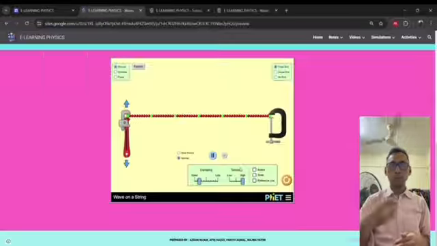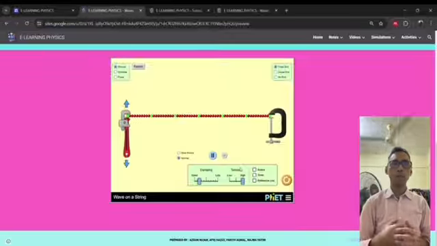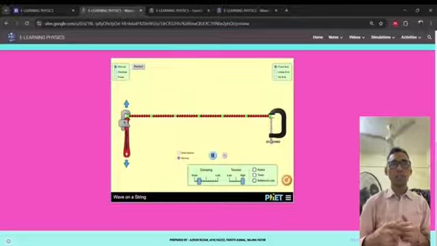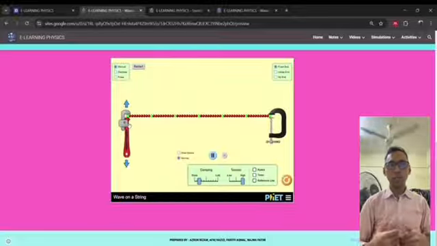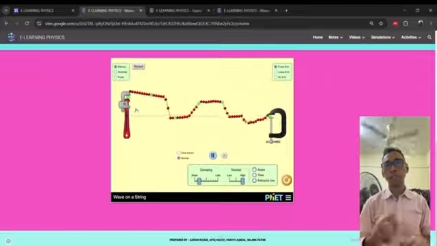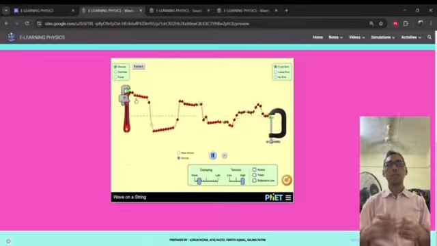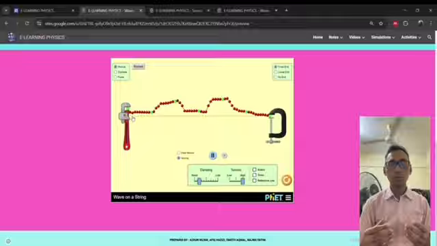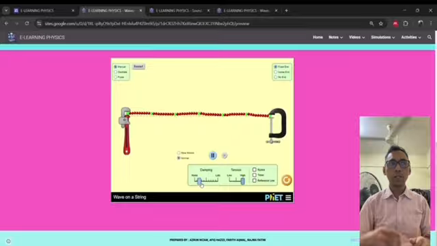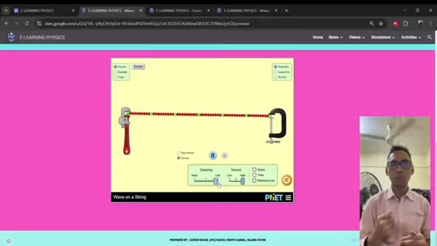So I will show you the main features and how to use them. Basically, this simulation helps to visualize wave motion, properties, and behaviors using a vibrating string. So you can choose the oscillate option to create the continuous wave. You can select the pulse to generate a single wave pulse, and adjust the frequency and amplitude sliders to change